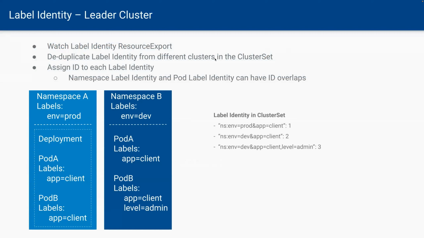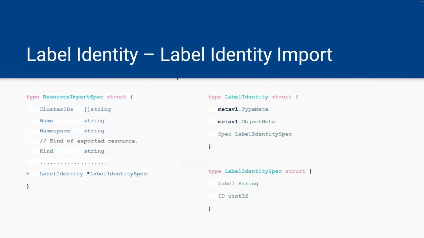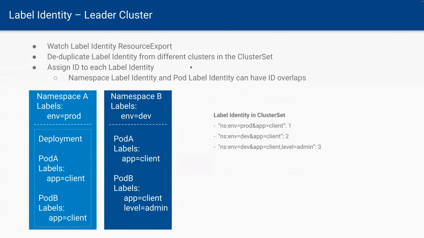So this is just an example of what label identity actually looks like. Sorry, can you go back? Yeah, just really quick. If in namespace A we have two pods, one pod has label app equals client,